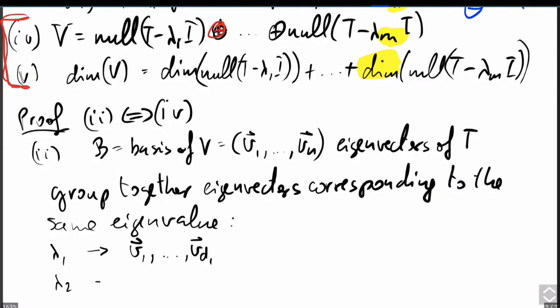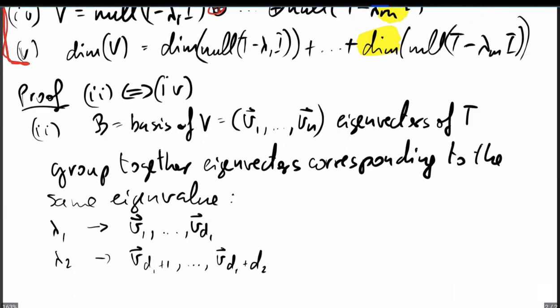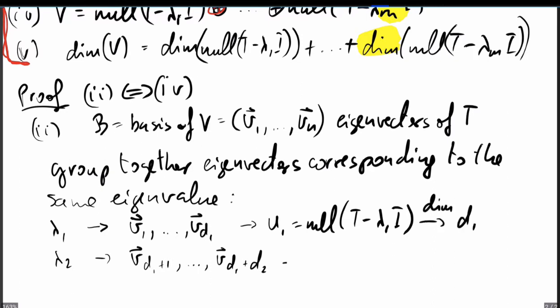Then for lambda 2, we have vd1 plus 1 to vd1 plus d2. And then we have a subspace U1 as the null space of T minus lambda 1 I, and its dimension is then d1. Similarly, from this we create U2 subspace as the null space of T minus lambda 2 I with dimension d2,